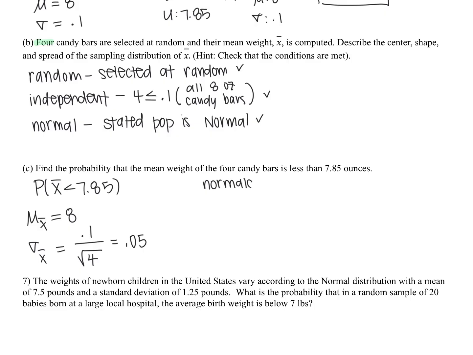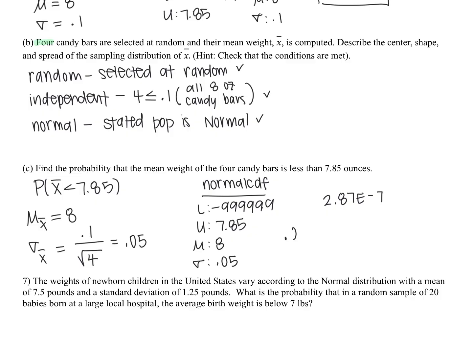So when we do normal CDF, lower bound is our negative 1E99. Upper bound is 7.85. Mean of 8. Standard deviation 0.05. So basically our standard deviation was cut in half by our sample size. And our probability becomes 2.87 E negative 7. So that's going to be